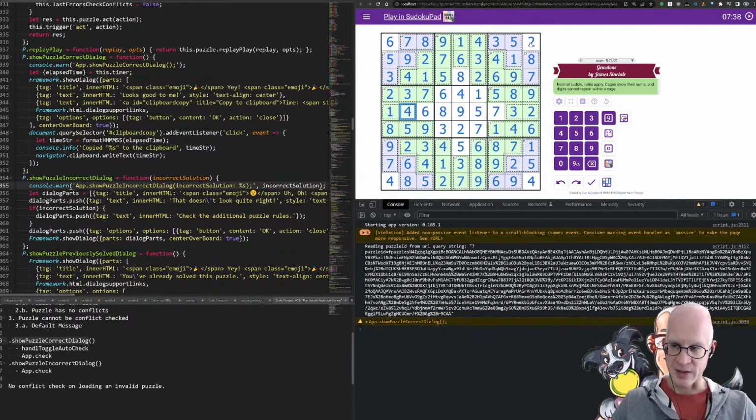That's what I need. I need a wrong solution that doesn't break the conflict checker for verification purposes. That would be easier on a puzzle with certain kinds of rules.